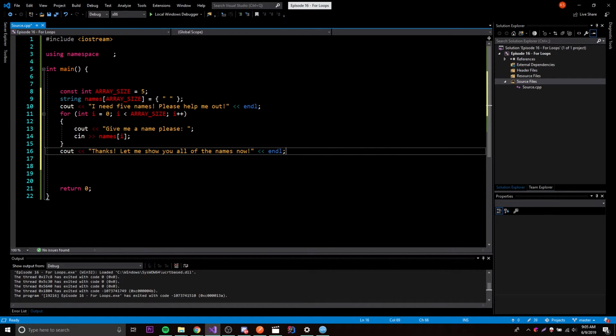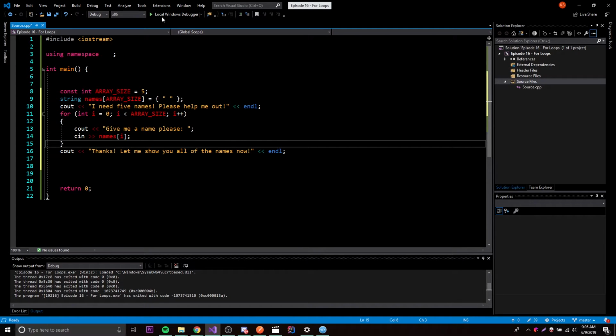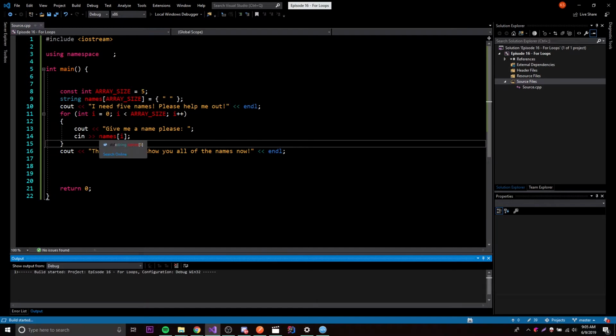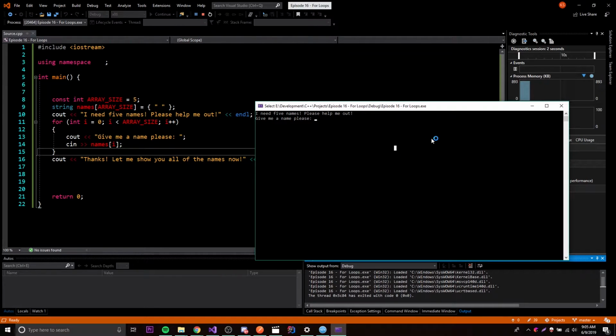Before we repeat the names that we just gave to the console back to the user, let's just go ahead and test this out. What this is going to do, if you don't know by now, is simply ask for 5 names, and then assign them to the array. So it says, give me a name, please. We'll say Bob, Billy,